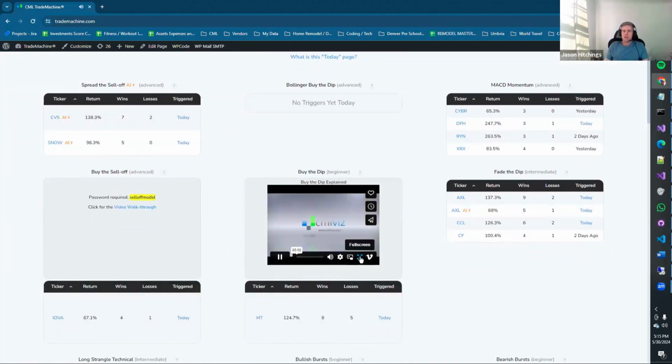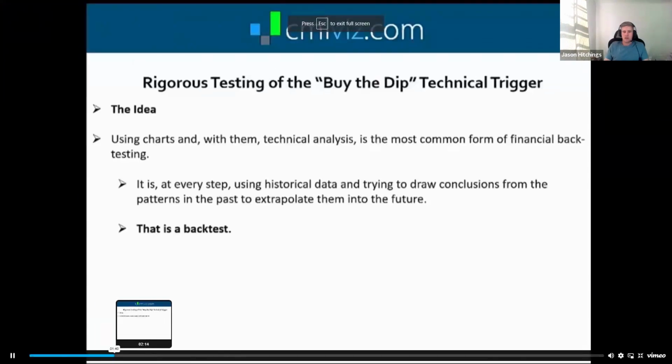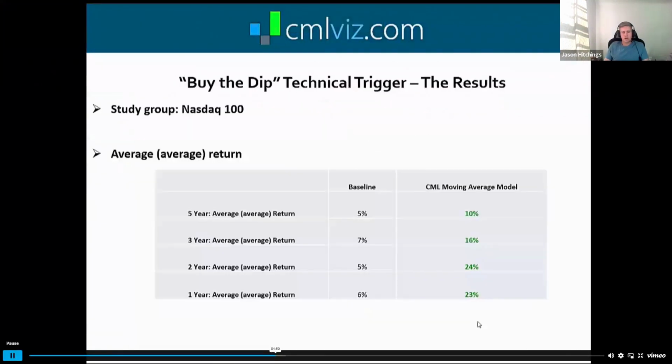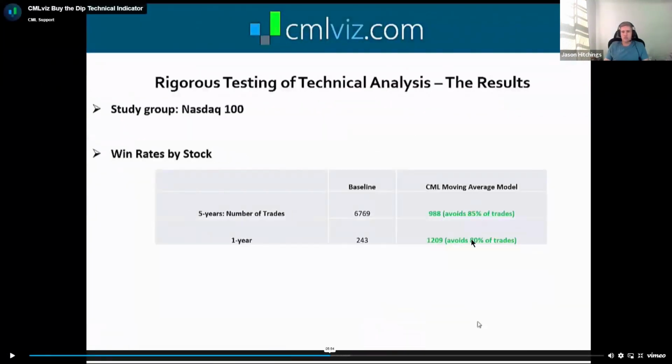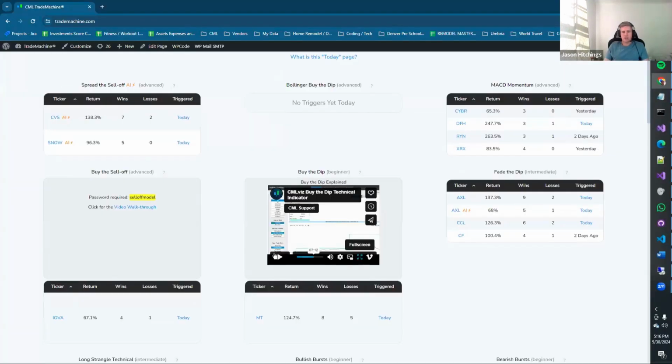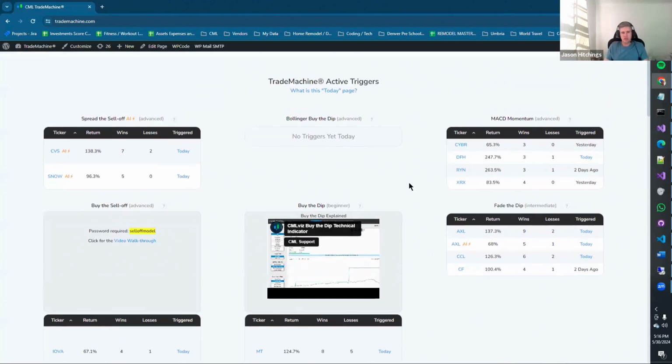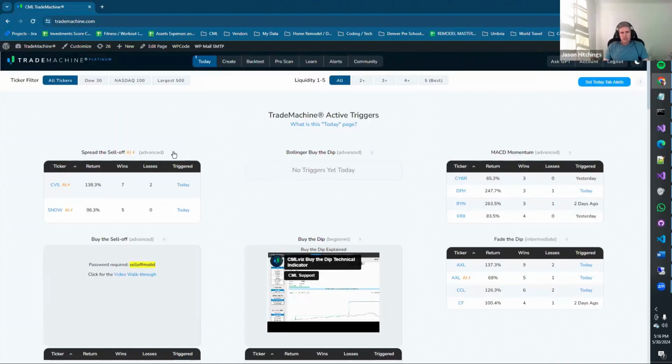When you click it, you're going to see a detailed breakdown of what the strategy is, why we created it, how it compares to the market as a whole, how it compares to just, hey, look, if you just bought a call for this big basket of stocks, how would it have done? If you buy it using this technical setup and these other triggers, look how much better it does. So we can actually walk you through the process that we used in order to come up with these. So each one of these has a little breakdown, and you can sort with these symbols if you'd like